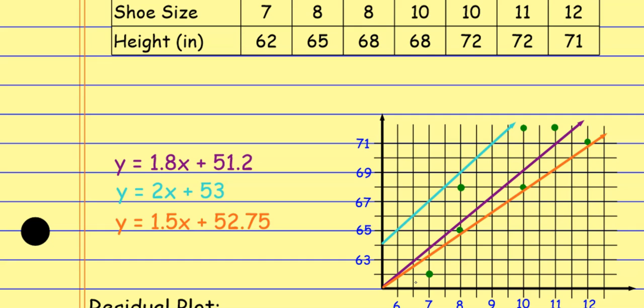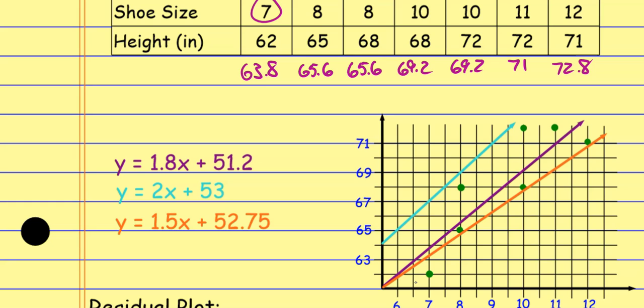I basically plug each of these into my equation. So if I were to plug this 7 into the first equation, I get a 63.8, okay? If I were to plug the 8 into that purple equation, I get a 65.6. If I were to plug, again, the 8 in, 65.6. If I plug the 10 in, I get a 69.2. If I plug the 11 into my equation, I get a 71. If I plug the 12 into my equation, I get a 72.8, okay? That's what I would get for each of these shoe sizes using my prediction equation,